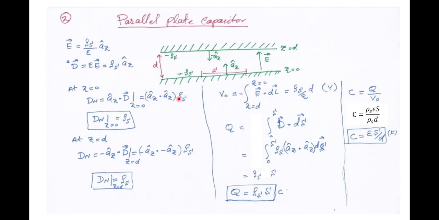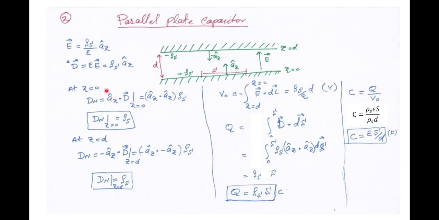Let us first define, as there are two boundaries, one at z equal to 0 plane and the other at z equal to d plane, between the conductor and the dielectric material. In order to determine the normal component of D field, we use the normal boundary condition at z equal to 0 plane. So we will consider that component of D field which is parallel to a_z unit vector,